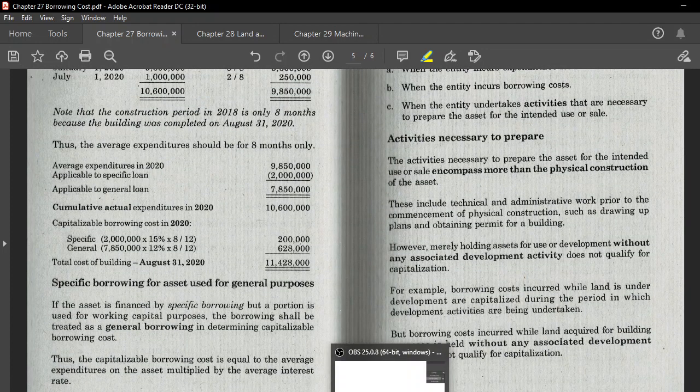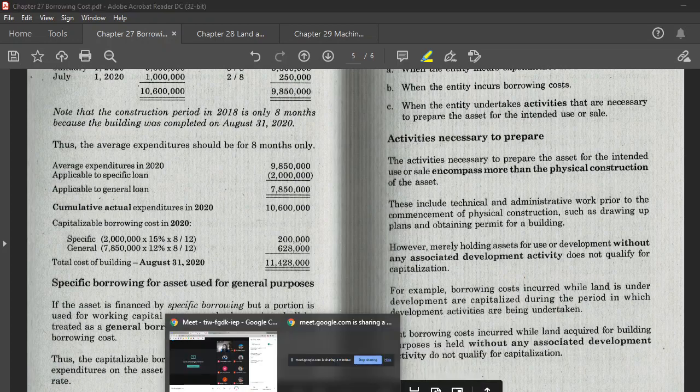Alright? So, after those things, ang illustrations na ato ang studyhan karon is somehow the same lang sa illustrations na gi-present niya dinhaa. So, I'll give you this problem. Okay. And let's try to answer this one. So we have Sulo Company.